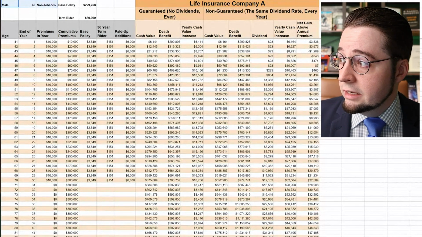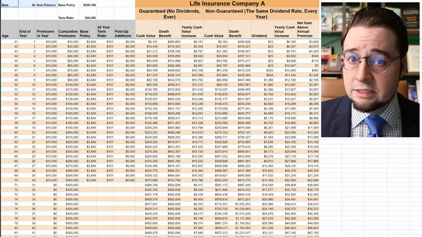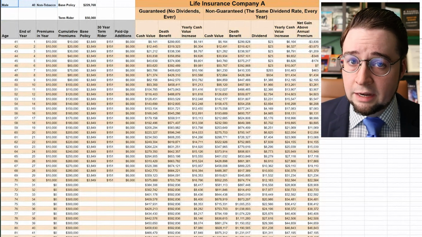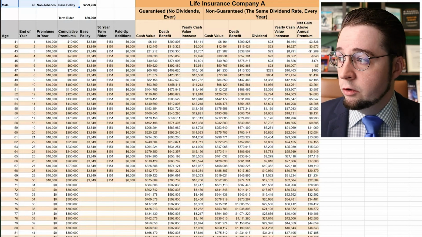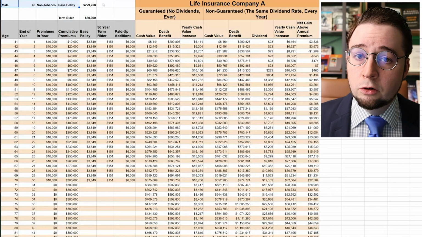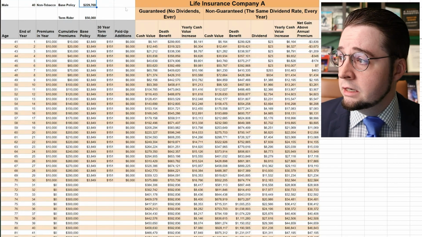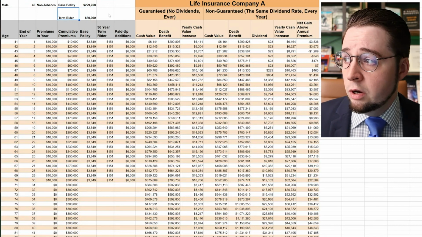So as you can see, a male 40 years old, non-tobacco. So this is, in other words, a standard health rating. It's not better than standard, just a standard non-tobacco rating. The base policy, in other words, the regular whole life insurance contract before any riders are added, has a starting death benefit of